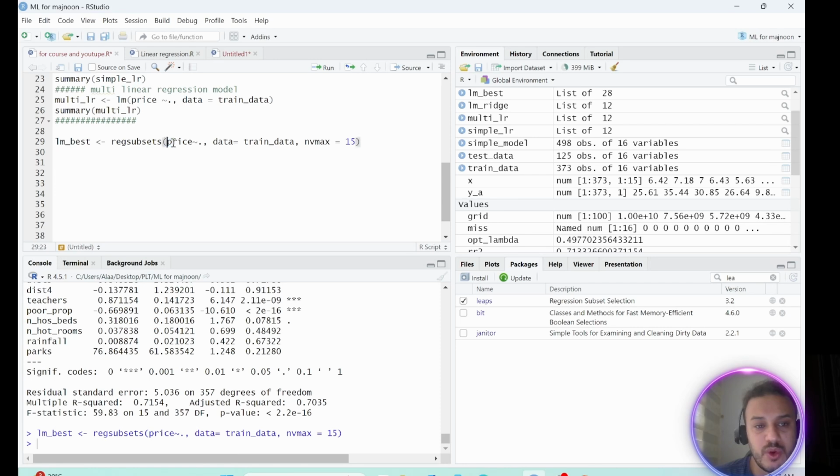The price is our y, and this point is for our individual variables, all our x, and I need to apply that on my train data. I also need to check my nvmax, which allows me 15. That means it will give me the summary for 15 variables. If I leave it at the default nvmax, it will give me only 8 variables, but I need to check all my variables. So if I click now